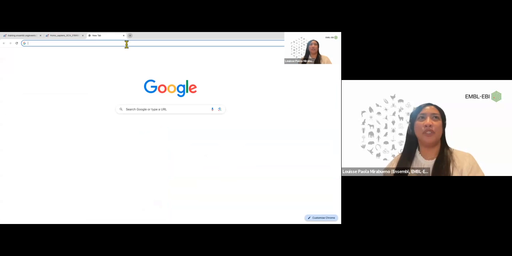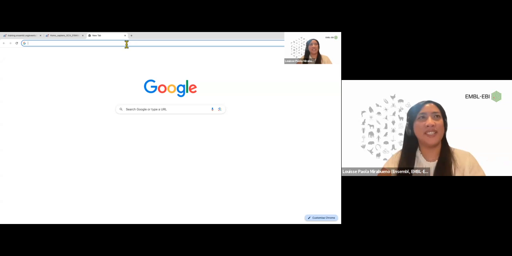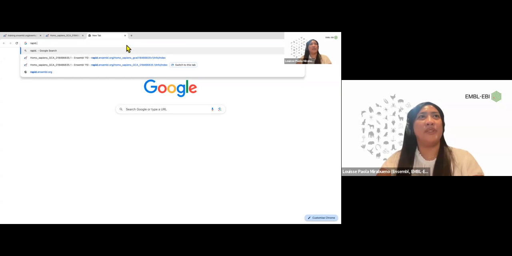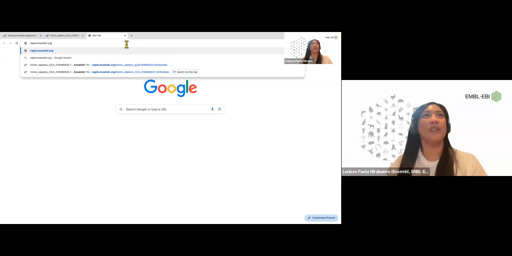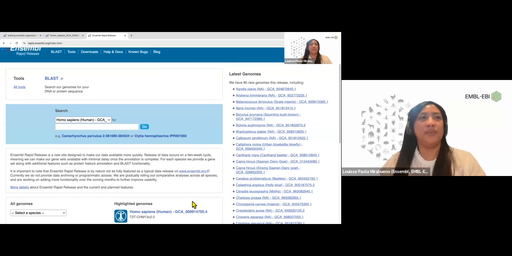So let me open a new tab and pretend like I didn't do all of that in the Ensembl project site. And let's say I'm starting off at rapid.ensembl.org. So if you type in rapid.ensembl.org in your browser, this will lead you to the Ensembl Rapid Release website. So this is updated about every 2 weeks. And if you scroll down,